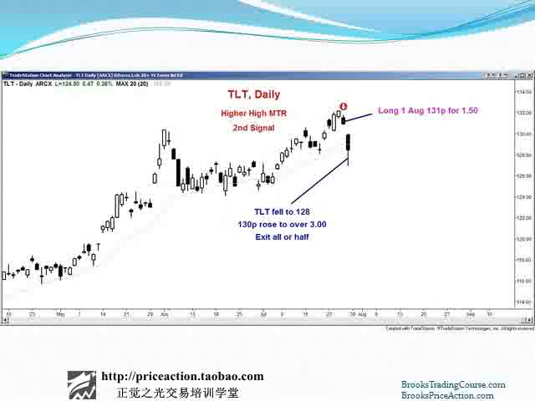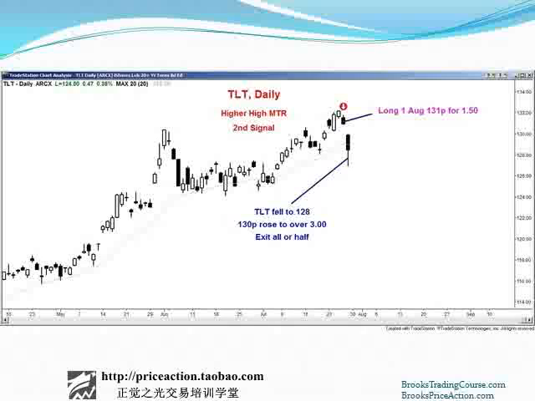All right, so you bought your put there, and then you got this gift, a big gap down and a big bear bar through the moving average. Your put now is over $3, so it doubled in price. In general, I don't like to get greedy with options, because option profits disappear very quickly. Even if the market goes sideways, your profits disappear. So I always take at least half off if I get a double.